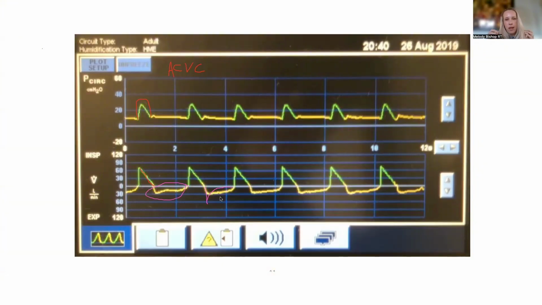And I think one thing to simplify this for people, because I know the flow waveform is confusing, is what I like to teach: anything moving higher on the positive axis is increased flow to the patient, versus anything going more negative is increased flow to the vent. So I usually draw arrows going opposite directions. More flow to patient is positive, more flow to vent is negative underneath. So here you can see that we are getting extra flow going back to the ventilator on the negative portion. And what would cause that?